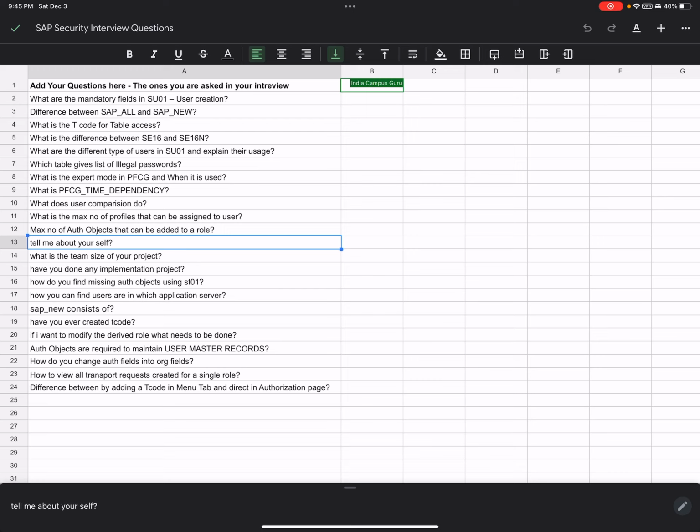So it's not like you will know everything. You are not a supercomputer, right? I think having the right mindset and attitude, and just understanding the basic functionality, matters. Maybe if you don't know a table or a T code, you can always say, I think I know how it is done, or I can always find it out. But yeah, the basics, you should have that security mindset, right?